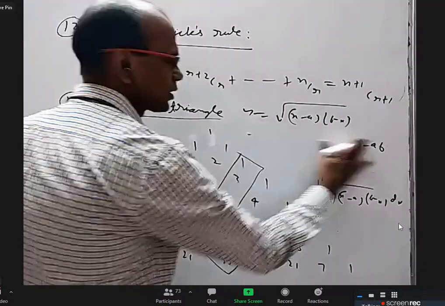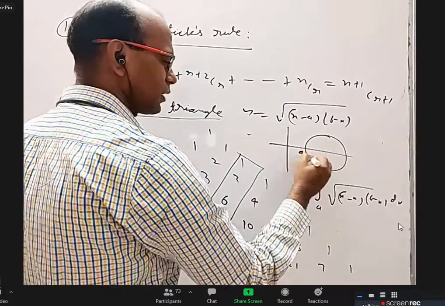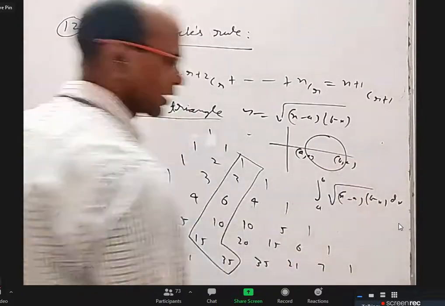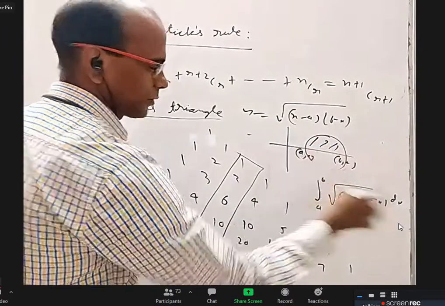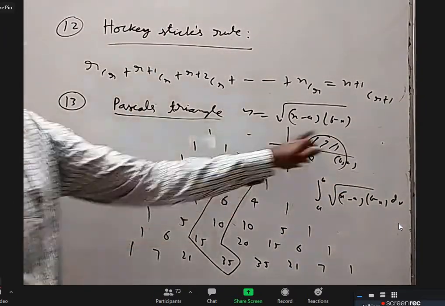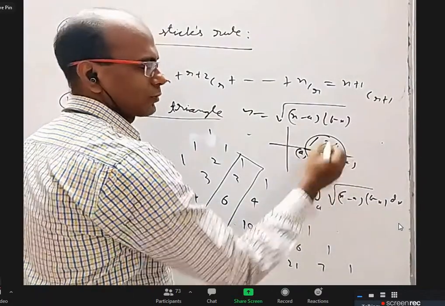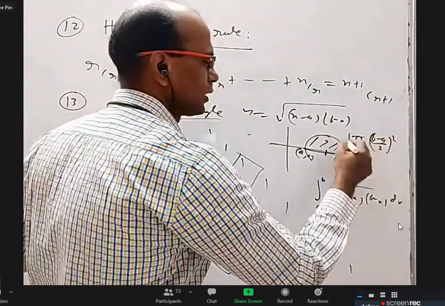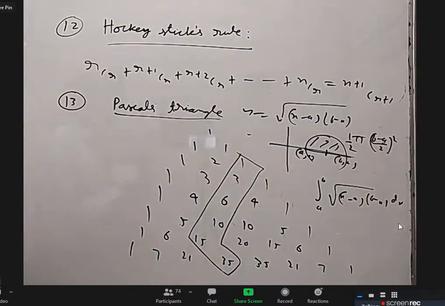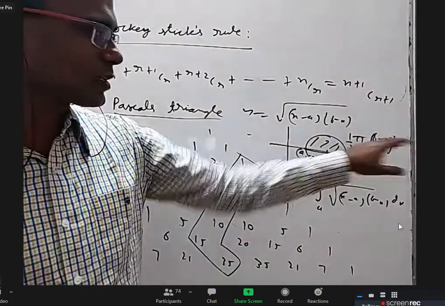In fact, it is the upper semicircle with a comma 0 and b comma 0 as ends of the diameter, and the area under that curve is this integral. So what is the area of this semicircle? If this is b minus a, the radius is b minus a by 2. So it is pi into (b minus a by 2) whole square and half of that. Pi r square by 2 with diameter b minus a, so the formula is pi into (b minus a) whole square by 8, right?